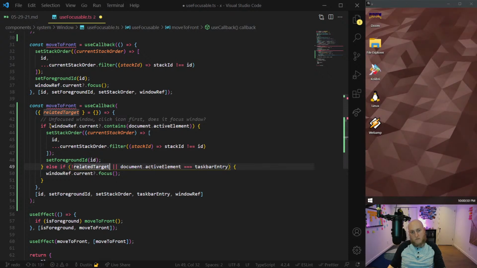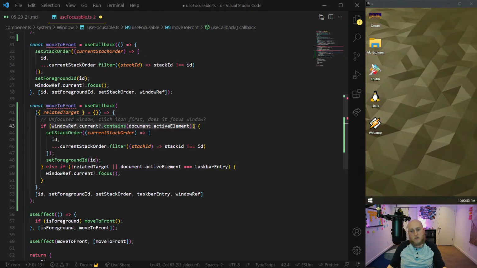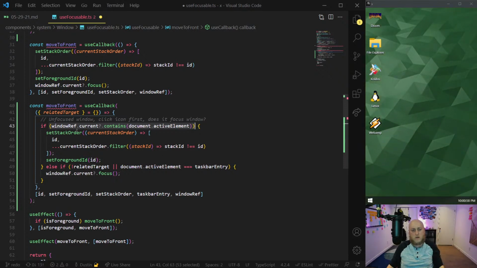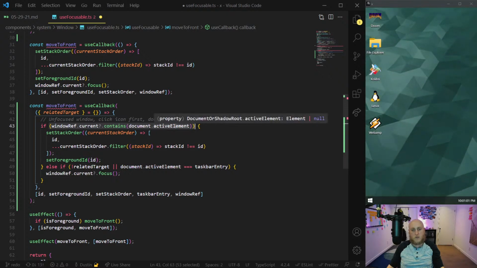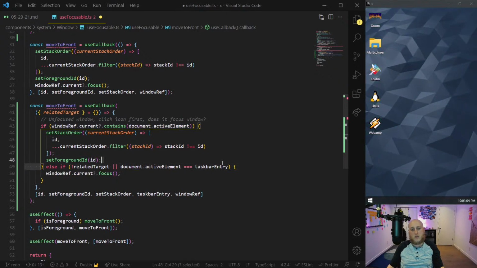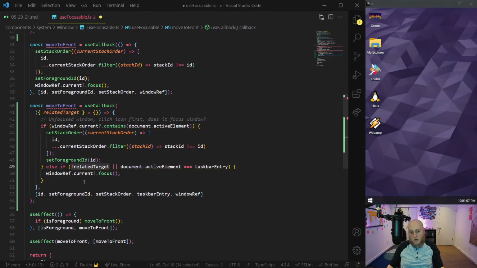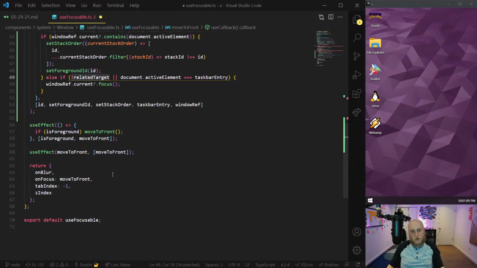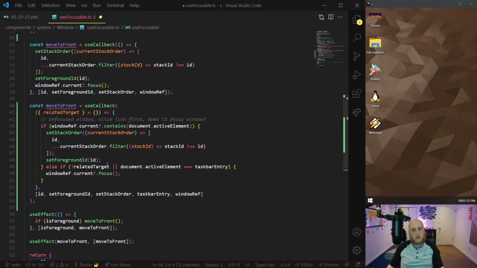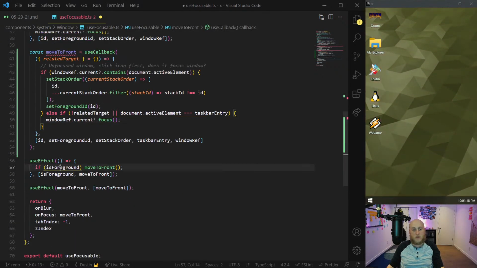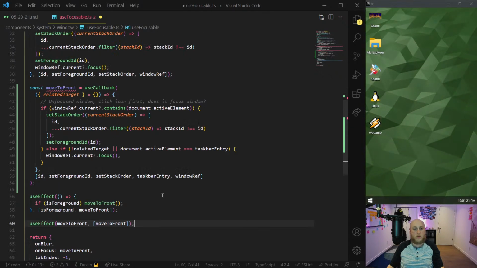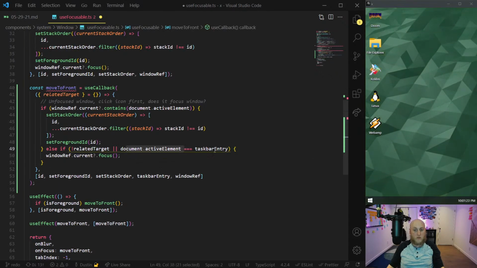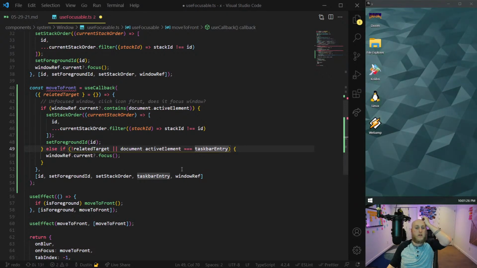Okay. So let's say that the element you clicked wasn't. What is this here? So yeah, this checks to see if that element that you clicked was within the window. If it wasn't, it's going to see here, say, is there no related target? So if there's no related target, then it was triggered by this or by this. Because if it was triggered here, it would have passed a target in. So if there's no target, okay, focus, because it either became foreground or it was the initial load. Or if the active element is the taskbar, also okay. I think this is a secondary fix, possibly.